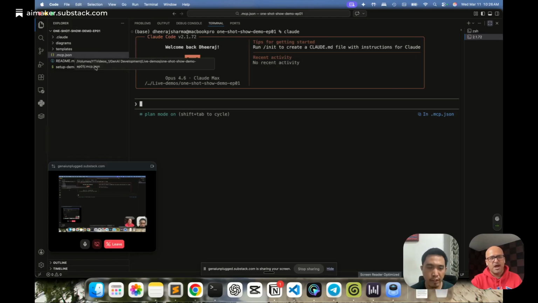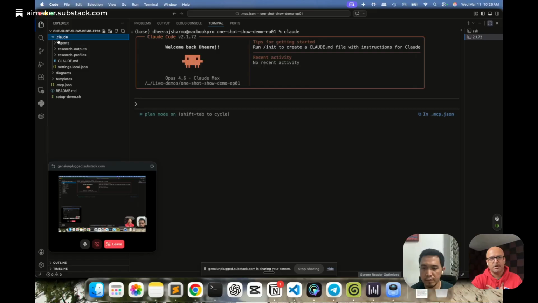Right. So now we have this first layer created. This second layer was basically the brand context, or your own business context, that you had to create. So for that, what I did is in the dot Claude folder over here. This dot Claude folder is for Claude to read always, right? So everything that is readable to Claude, you can keep organized under the dot Claude folder. Here what I have is the research profile.